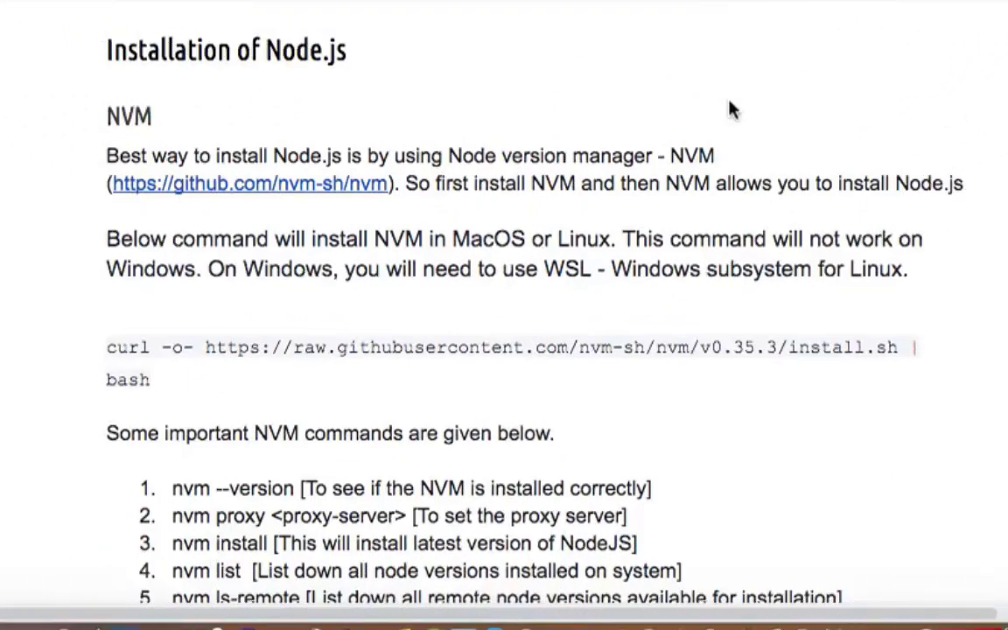In this video, I will explain how you can install Node.js and also execute the npm, yarn and npx commands. So first of all, let us start with the installation of Node.js. To install Node.js, we can use a tool called NVM. NVM stands for Node Version Manager, and that is the best way to install Node.js, because